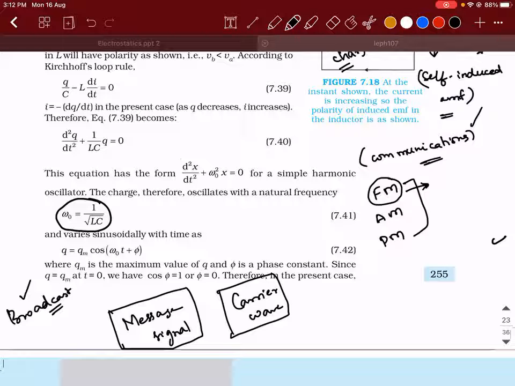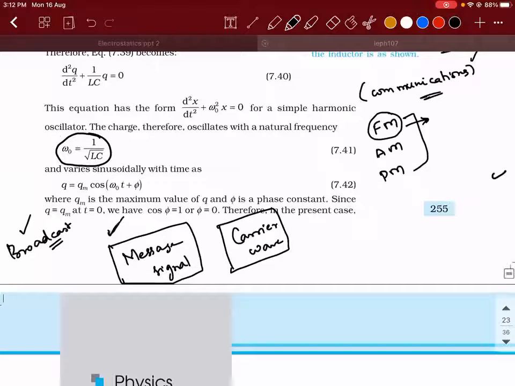One is called as a message signal. For example, I'm speaking now, right? I'm communicating with the number of people that are there in this meeting. If suppose I want to send it across a few thousands or lakhs of people, if I have to broadcast the class, then what am I supposed to do? I need to choose some communication channel, right? So the thing that I'm speaking is what is called as the message signal.